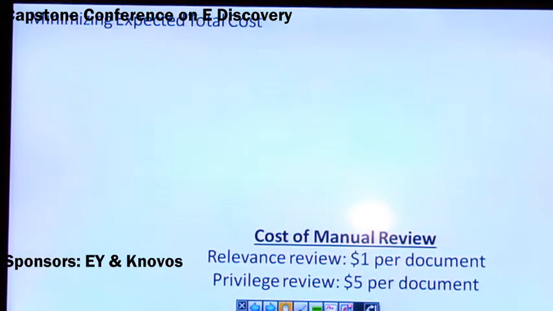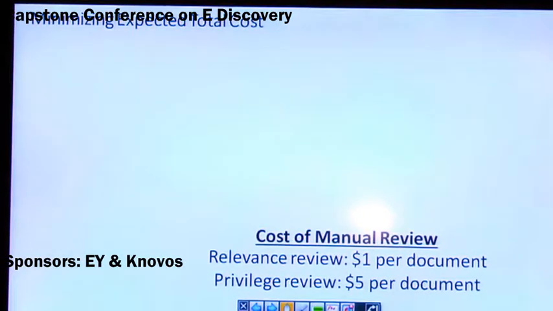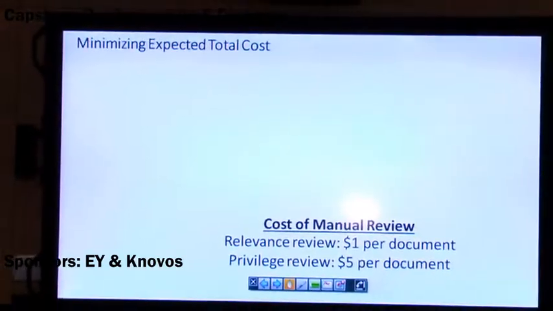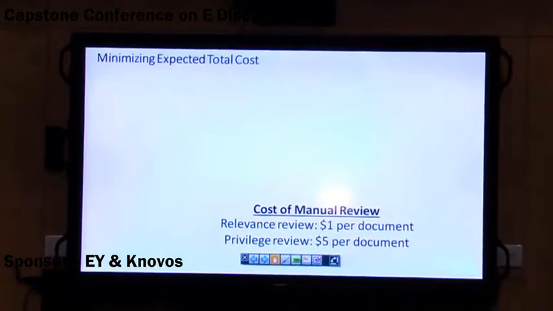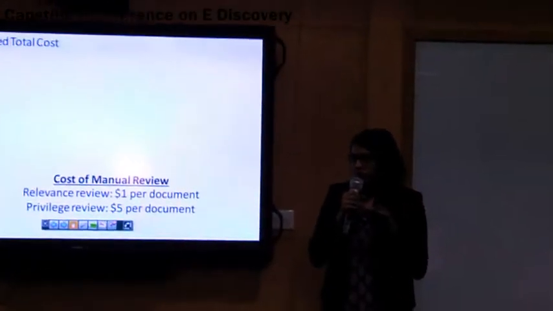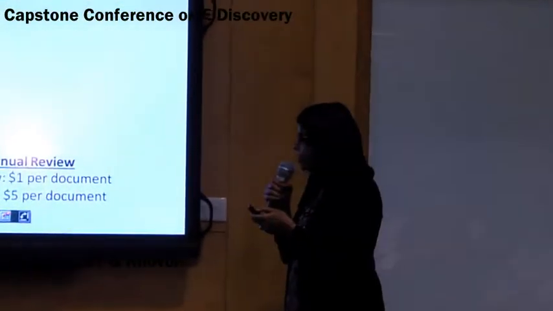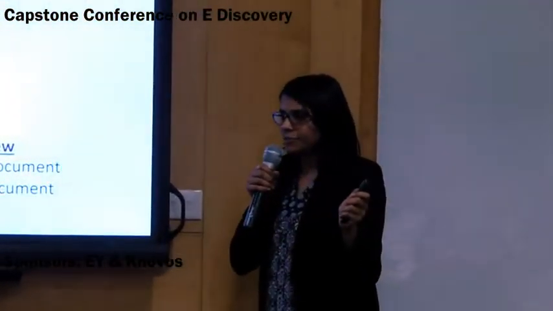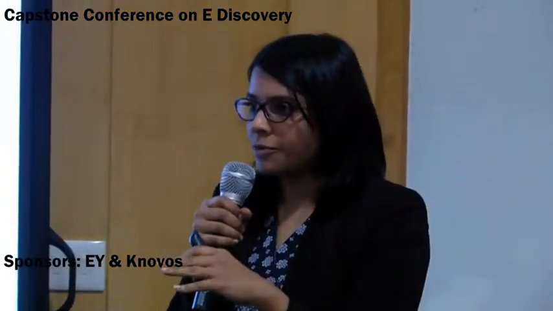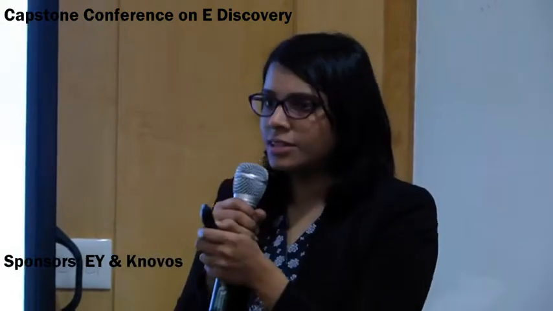So when do you actually do the manual review? Now you know what a risk is, and you need to review only certain documents. We want to make sure we are making the best use of the time of the resources, that is the smart lawyers, right? So we need to draw the line somewhere and not let them review the entire 1 million documents. The idea is to stop somewhere, and here we are trying to understand where you stop. So we rank by risk.